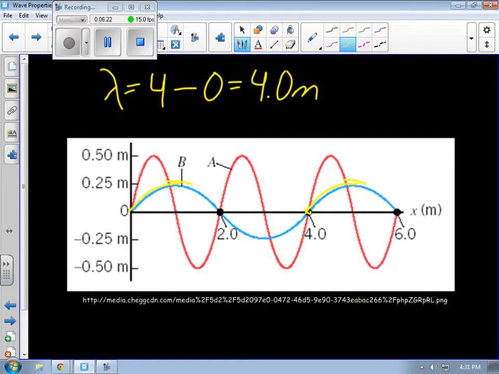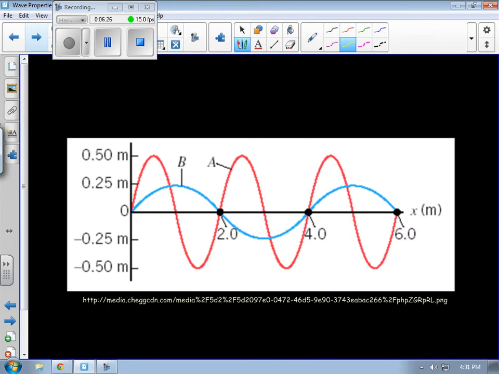Another thing that you probably noticed, or let's say that instead of meters on the bottom, if we said this was a snapshot of 1 second, so this is a picture of our wave for 1 second. This means that our red wave travels 6 meters in 1 second, and our blue wave, or our red wave repeated,